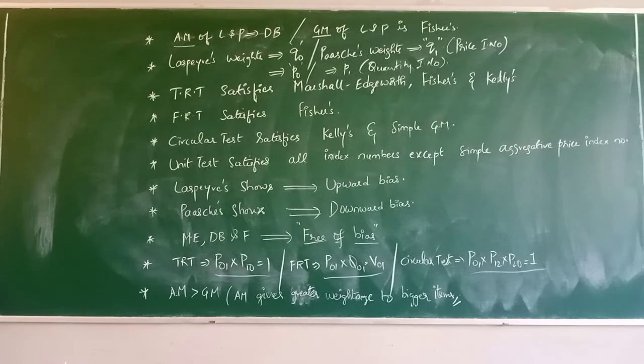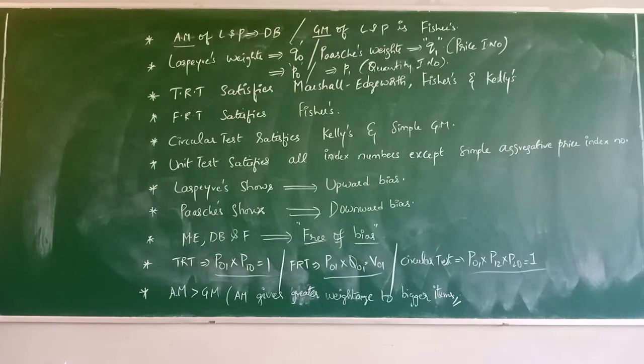Now in the Laspeyres index, base year quantities are taken as weights, when the consumption of some of the commodities or items decreases in the current year due to a rise in their price or due to changes in habits, tastes and customs, etc. Laspeyres index is generally based on base year quantities, which gives relatively more weightage to such commodities than needed, and consequently the numerator is relatively large. So Laspeyres always shows upward bias. Remember, base year quantities are weights.